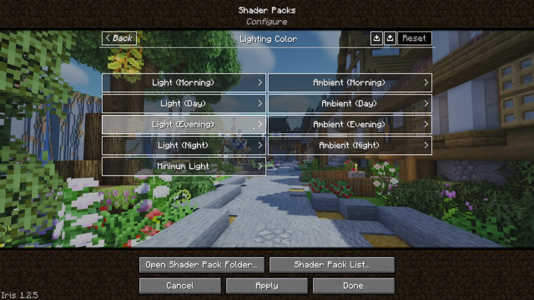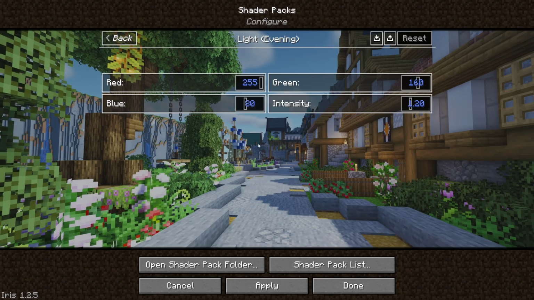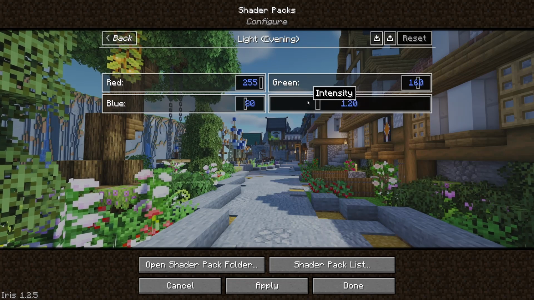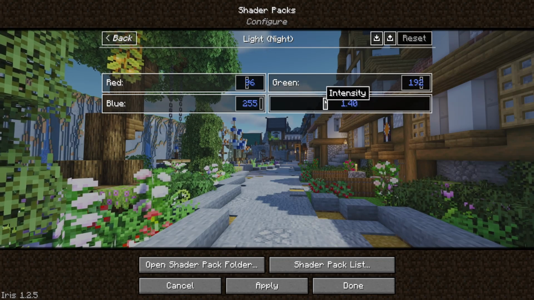Light evening, I find, can be a little bit dark, but I think it's fine enough. I'm not going to touch this one. If you want to mess with it, I would recommend turning the intensity up, not down. So go ahead and head into light night. And for light night, we're once again going to bump it up to